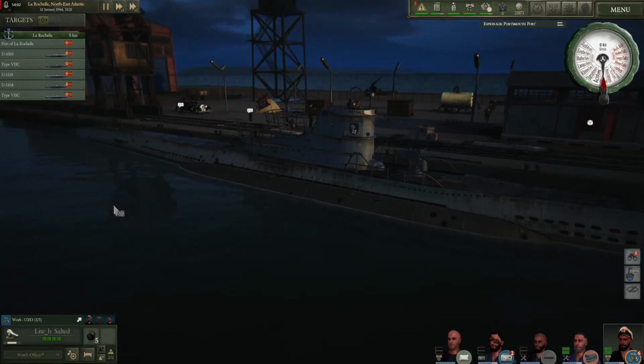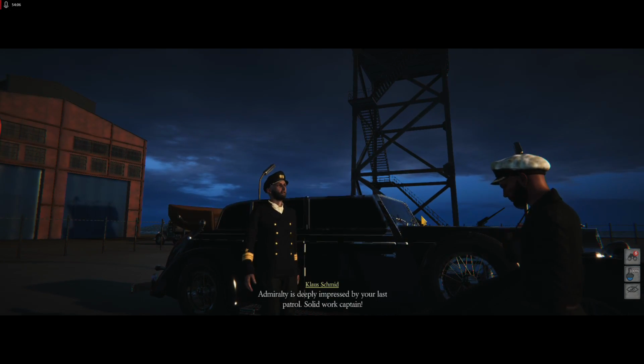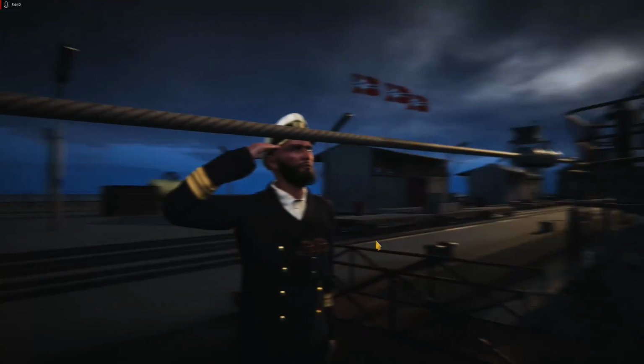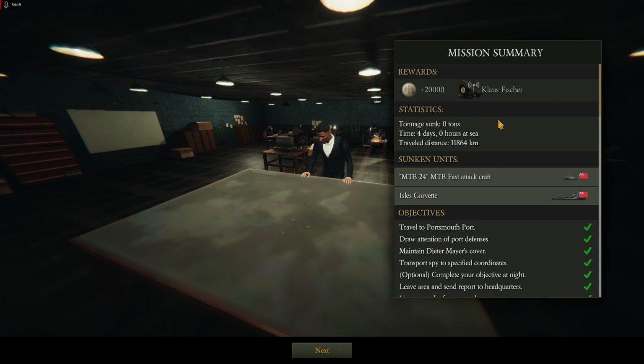Skipper, let's go ahead and tell command that we've got that all sorted out. Taff, more points towards the Iron Cross. And Skipper, more points towards the German Cross in gold. Okay, that's all we get out of it, I guess. Alright, we managed to pick up a sweet 20,000 budgets and an additional radio officer. We sunk a